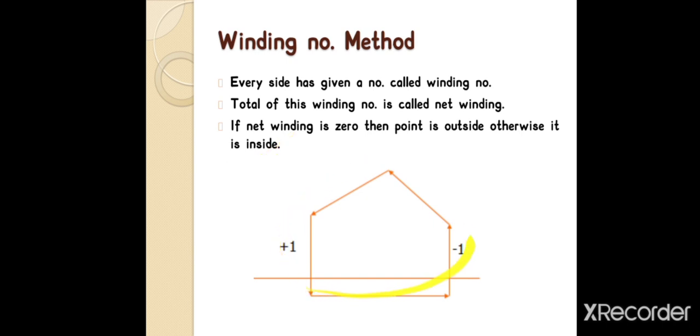Here we have to convert our given polygon figure into a directed graph. Means in the given figure you have to just add the arrows, or the direction. Let us assume that if the arrow is downward, then we are counting that as +1. If the arrow is in the upside direction, we are assuming it as -1. Suppose this is the line which is connecting the given question point and the point which is surely outside the polygon boundary. So you can write this assumption.